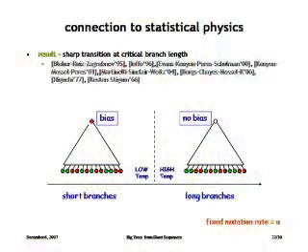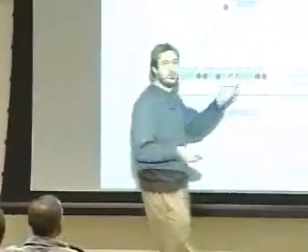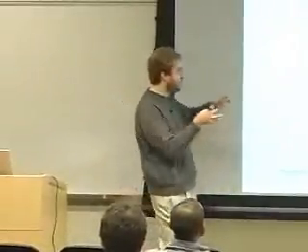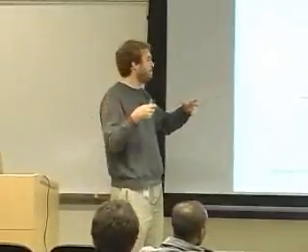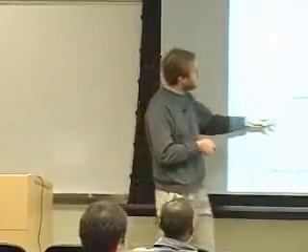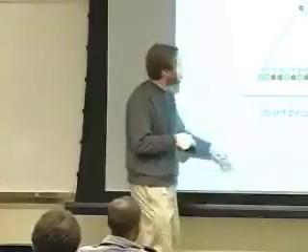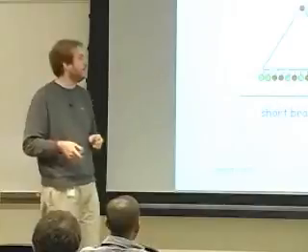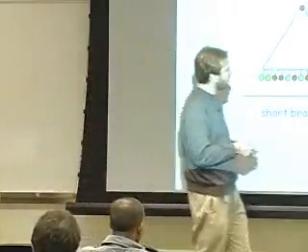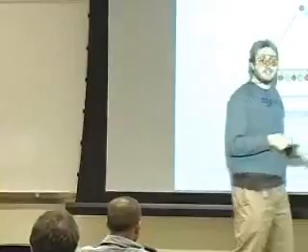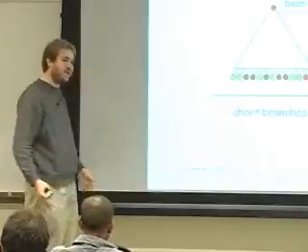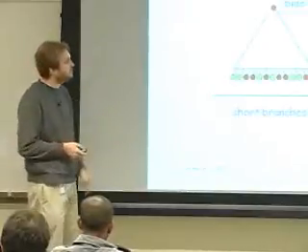Physicists and probabilists have studied this question, and it turns out there is a very sharp transition. Suppose I fix my mutation rates to be U, and I just expand or contract my edge lengths. When you have short branches, there's a way of estimating very accurately what the ancestral sequences were. But then you reach a critical threshold where, if your branches are a bit longer, all of a sudden it's essentially impossible to get any information about the ancestral sequences, or at least it decays very fast as the size of the tree grows.